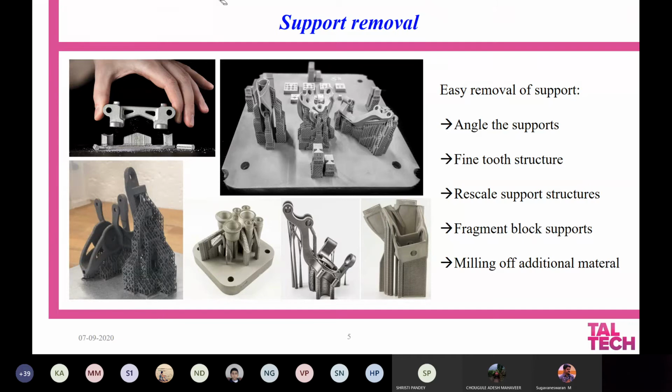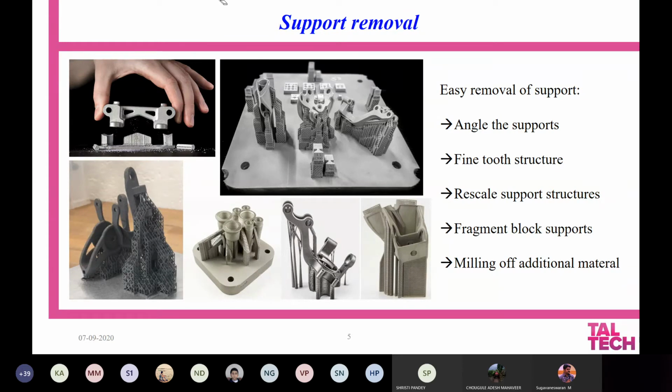So once the part is produced, once the powder is removed, it is absolutely necessary to remove the support so as to remove the sample.